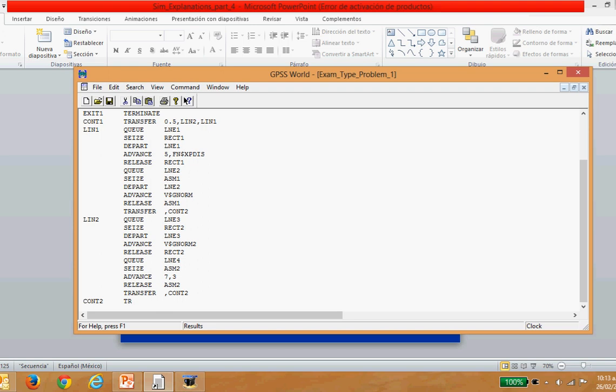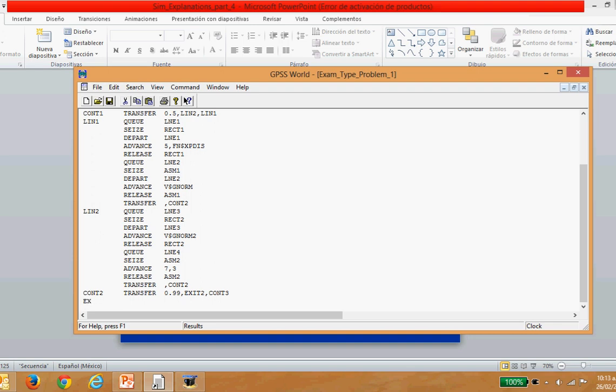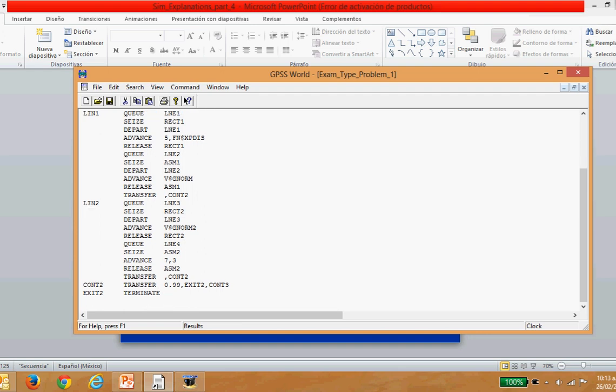Then in continue number 2, it's going to be a transfer of 0.99. This is going to be an exit 2 and continue number 3. Exit number 2 is going to be a terminate without a 1, and continue number 3 is going to be